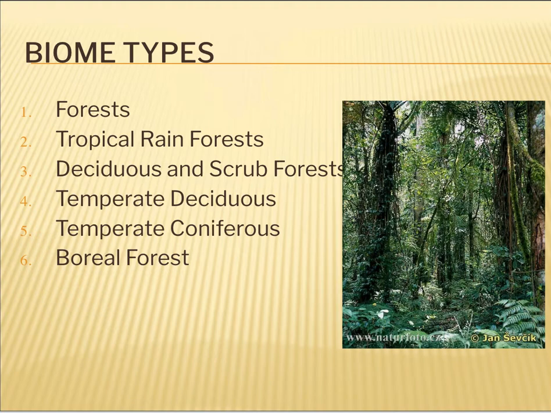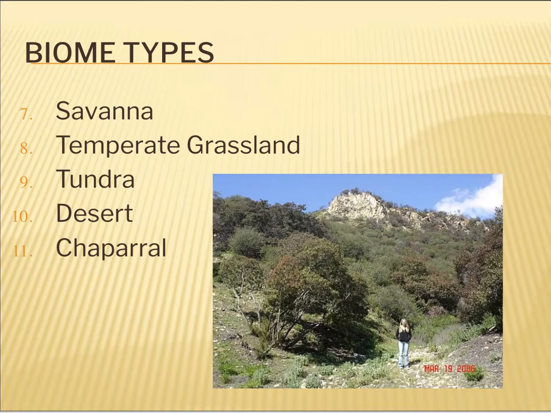There are several different biomes that ecologists have identified across our planet. While it's not important for you to memorize these biomes, it is important that you notice the characteristics. This list of 6 forests alone shows you the variety of environments that we have on our planet. A temperate or mild deciduous forest, like we have here in New Hampshire, looks and feels very different than a tropical rainforest in Brazil or a scrub forest in the Midwest. These are also different kinds of drier areas like tundra and desert, as well as savannas and grasslands and their lower growing plants.